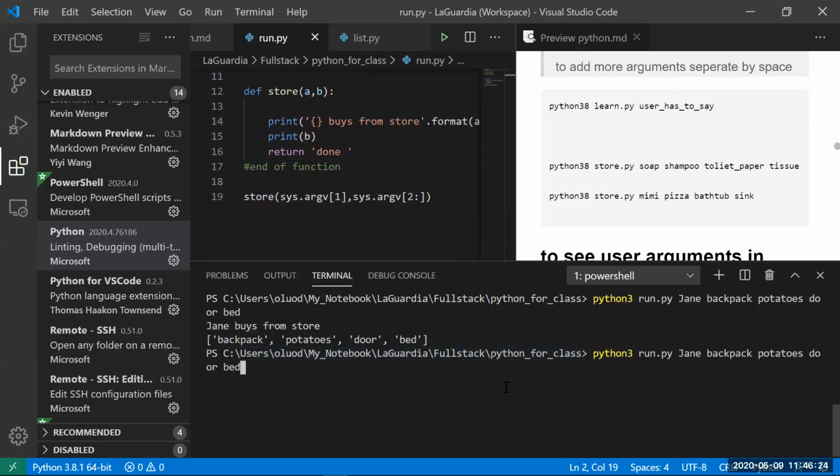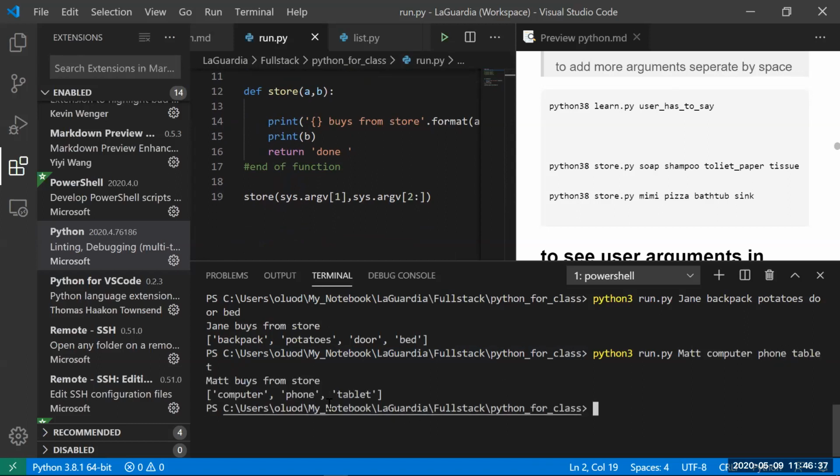Now say if I wanted to change it up, right, say if I wanted to say Matt, right, Matt wanted to buy from the store. My arguments are space by space, as you can see. Right, and that buys from store: computer, phone, tablet. So these allow your users to pass arguments. So now if you wanted to connect to a server in the future,